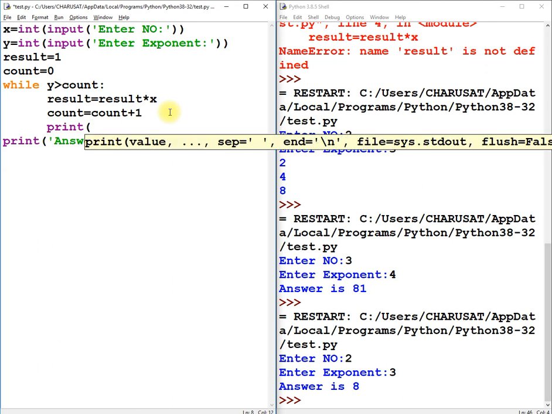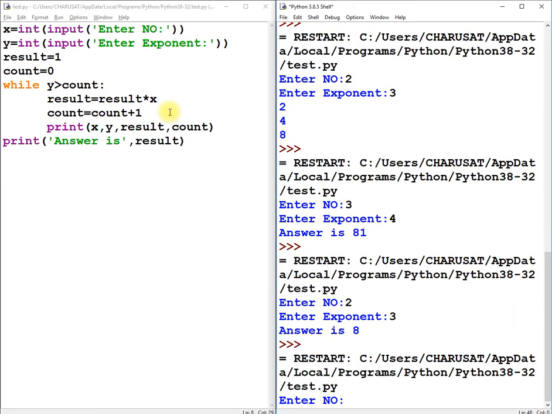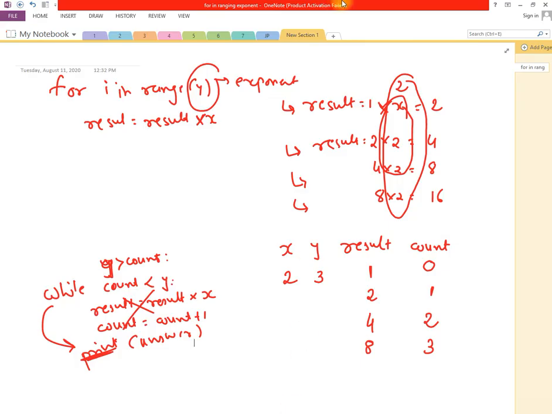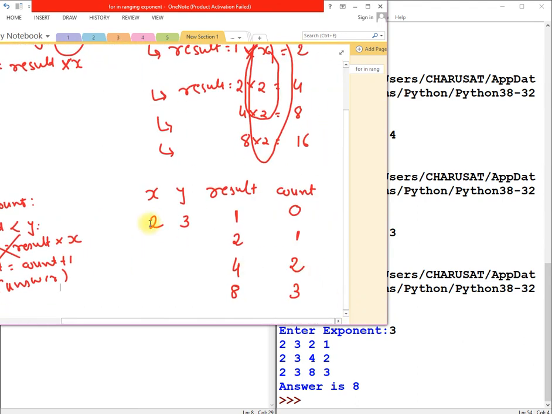Print x comma y comma result comma count. So we'll see each and every value. You can see it is the same thing that we have done here. See 2 3, it is starting with 2 1.